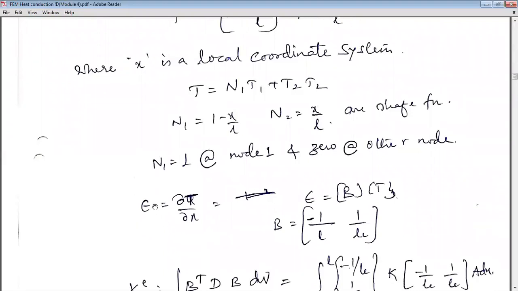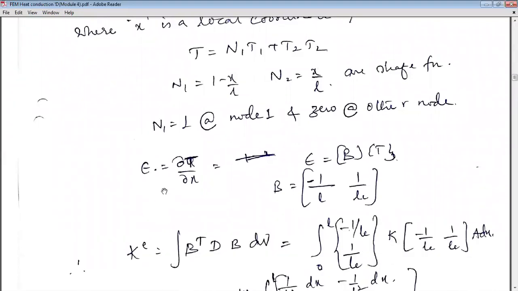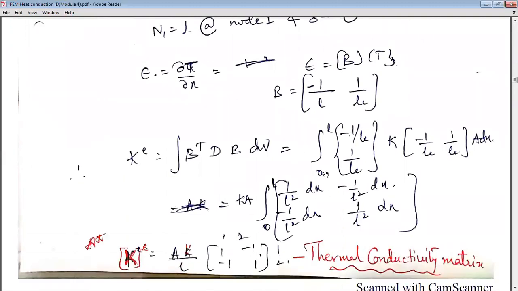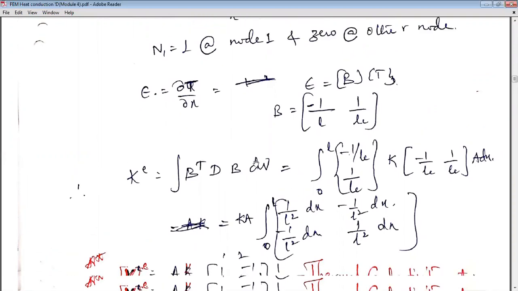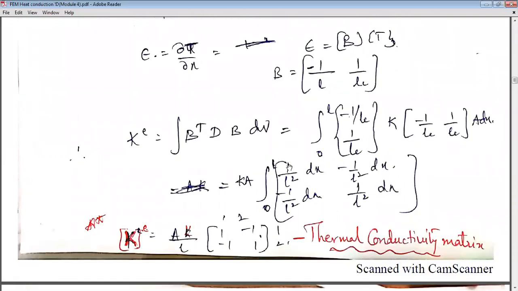Now similarly use the strain displacement matrix, where you will be finding the variation of the temperature with respect to the thickness. Then you will get this expression, the B matrix, and put this into the picture of the stiffness matrix: B transpose DB. DB is on the same lines, but here almost everything remains the same. Now if you substitute, Ke is Ka. K is the thermal conductivity; there it was E, now K is coming. Look at this, the D matrix is replaced by the K matrix, B is this value, B transpose is the transpose of this.